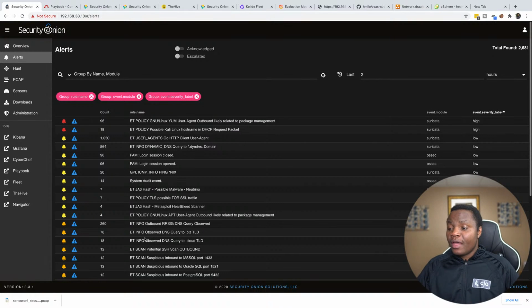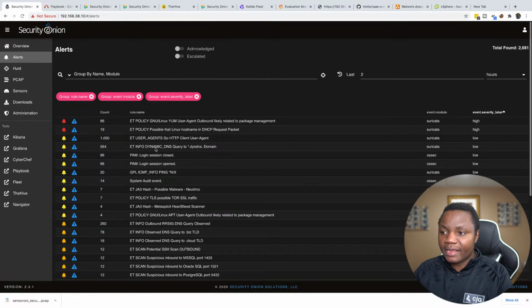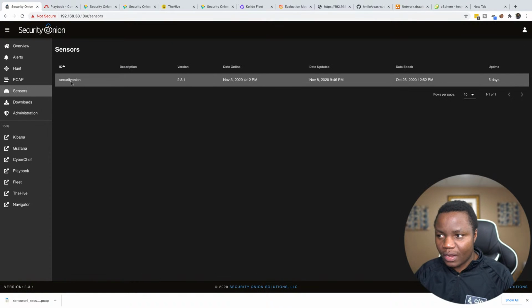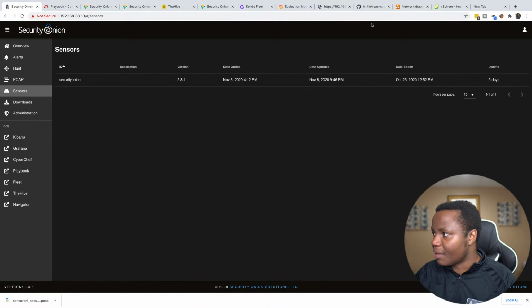All right, so now that we went through the Heartbleed attack, I know it wasn't our normal CTF-like attack, but I just wanted to spend more time actually looking at Kibana and Security Onion. Other components that we can look at in Security Onion as we build this lab, the sensor part here. You see there's one here. My goal is to come in here,